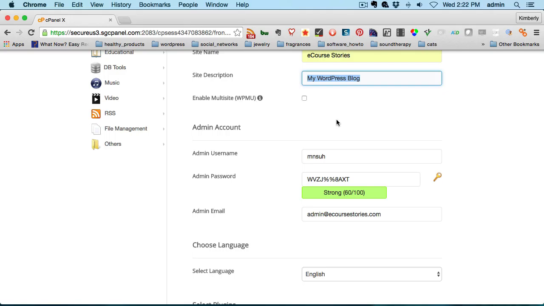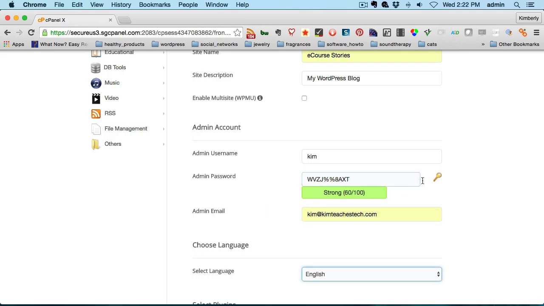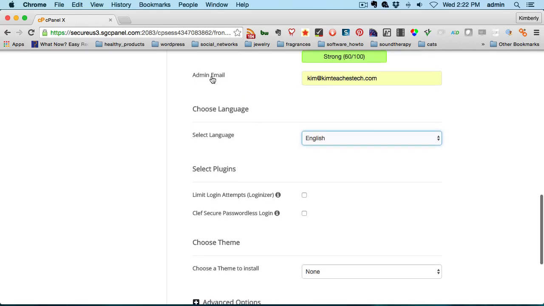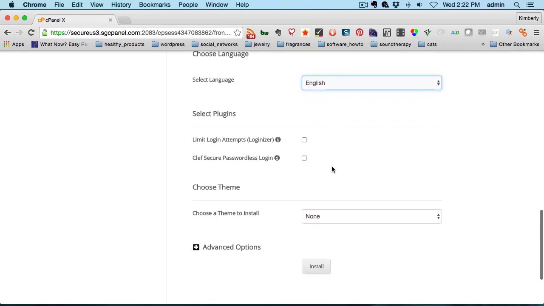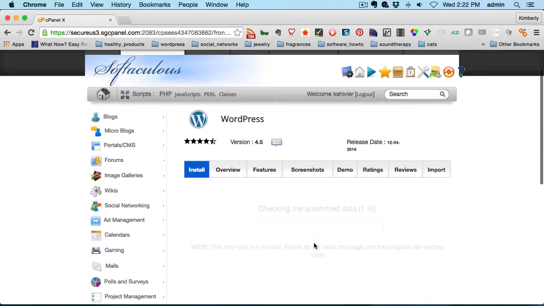Think WordPress.com. I'm going to enter my username, and I'm just going to grab and copy their password because I'm going to go back and change that afterwards, seeing as I'm kind of doing this in public. My language is English. I have my admin email, and I'm not going to put any of the security plugins in by default because we're going to do that in the class. And I'm not going to do a theme here either because, again, we're going to do that in the class. So I click on install,